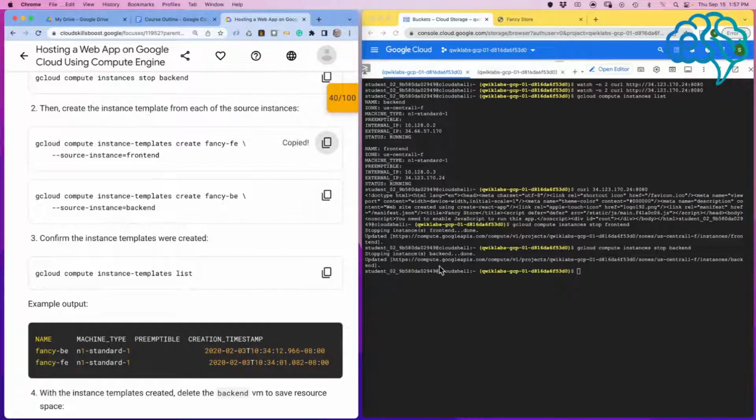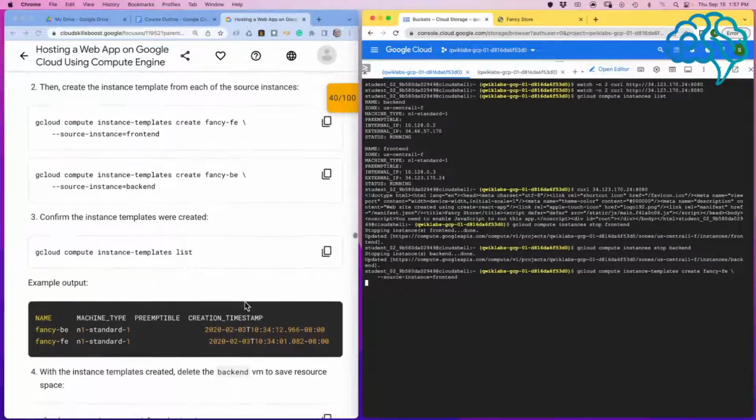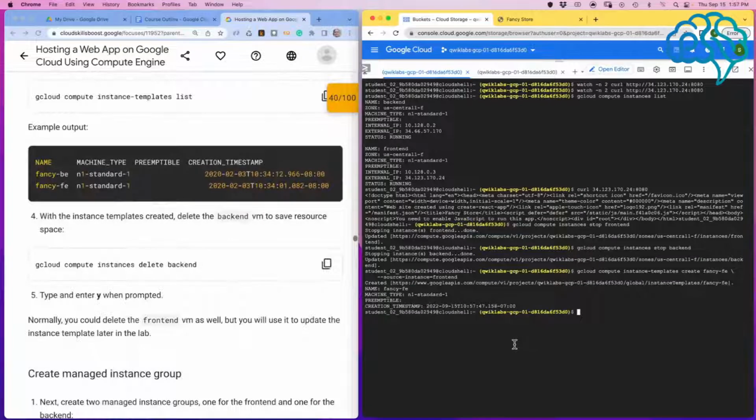Perfect. Now we'll copy the config. Got it. And we don't need to do both. I'm just going to do one. And then once I've done one, yeah, there we go. So we see it did it. And then I can just delete,